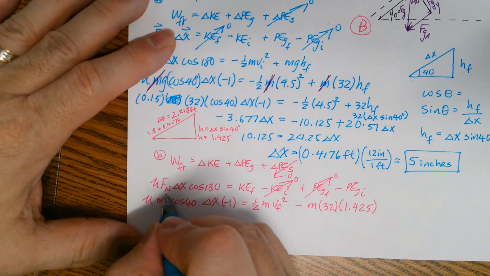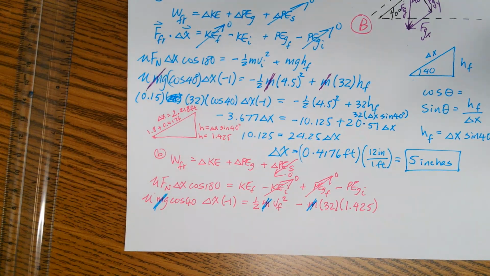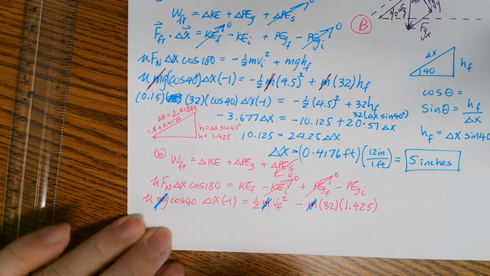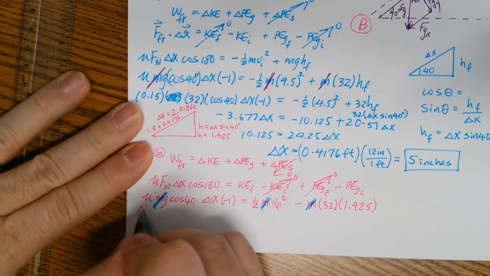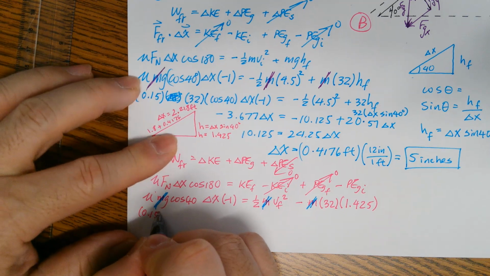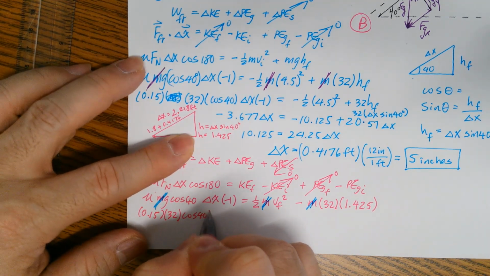So my mass gets canceled out. This whole thing right here is 0.15 times 32 times cosine of 40 times